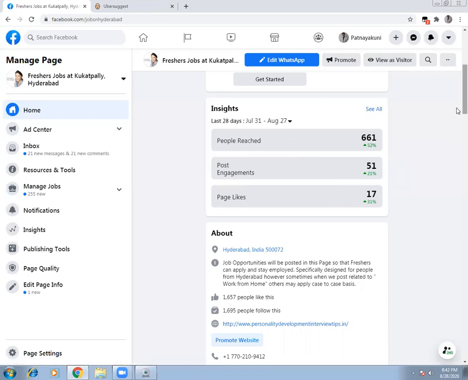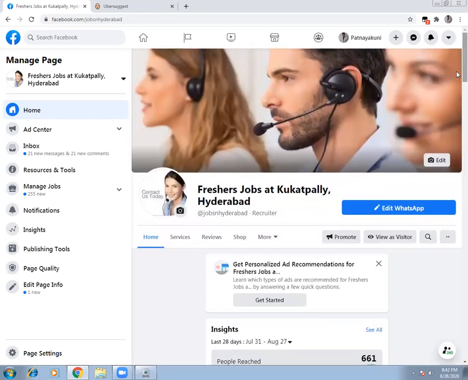That means as a recruiter, if you have a page without doing any promotions, just like how you post on Facebook, I am posting on Facebook page. Now when people are coming to the company, attending interviews and getting selected, they know it's a genuine company and not a consultancy. They themselves started referring to their friends, and that is how, through word of mouth publicity, I was able to manage and get close to